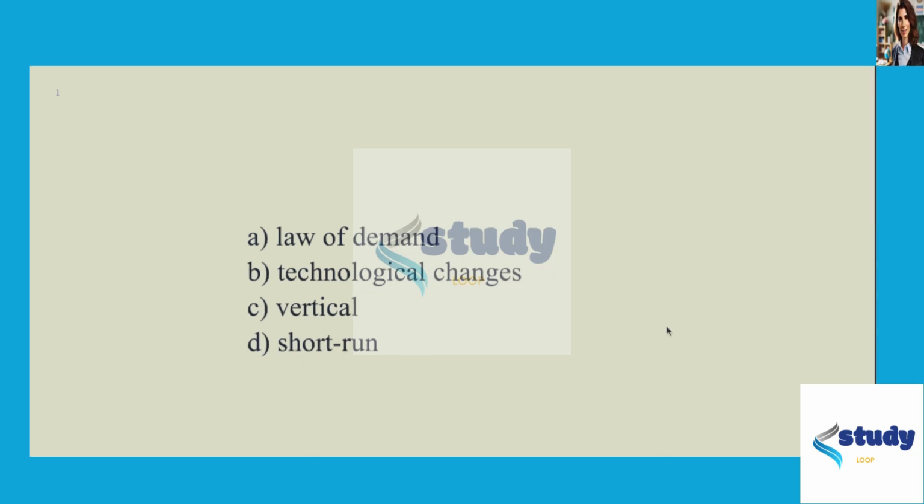Okay, question 5. Explain why the following statements are false. All of these four statements are false, and we have to know why they are not true. Okay, question A. The statement is saying that the aggregate demand curve slopes downward because it is the horizontal sum of the demand curves for individual goods.